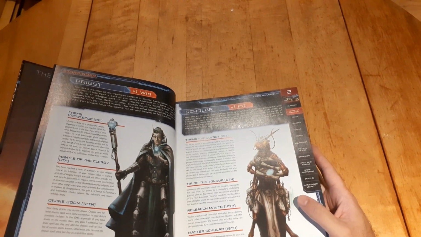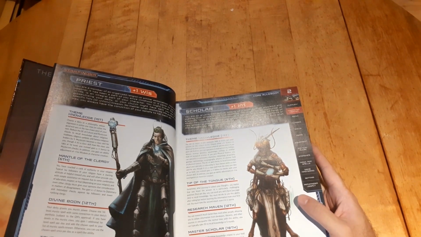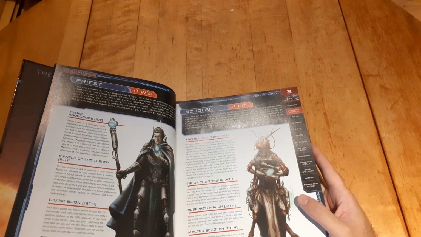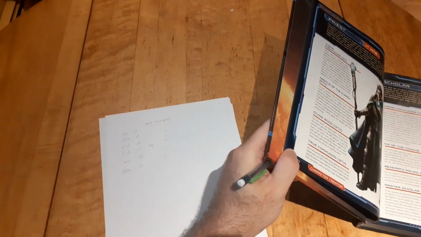The DC for skill checks to recall knowledge about your specialty is reduced by 5. Your chosen skill is a class skill for you. Though if it is a class skill from the class you take at first level, you instead gain a +1 bonus to checks with your chosen skill. In addition, you gain an ability adjustment of +1 to intelligence on character creation. Okay, so the Scholar,